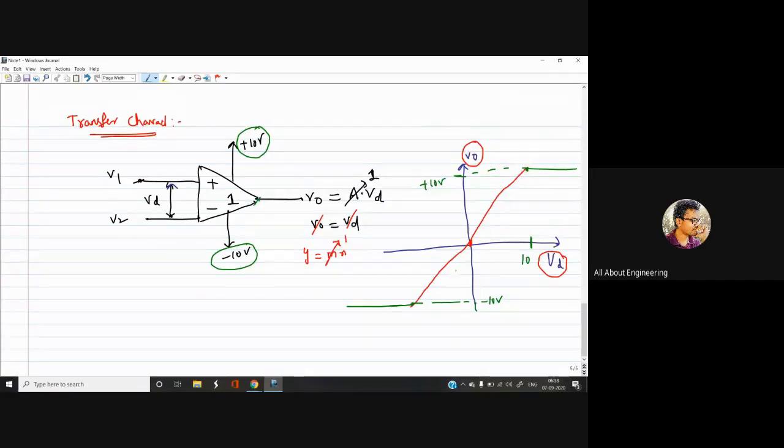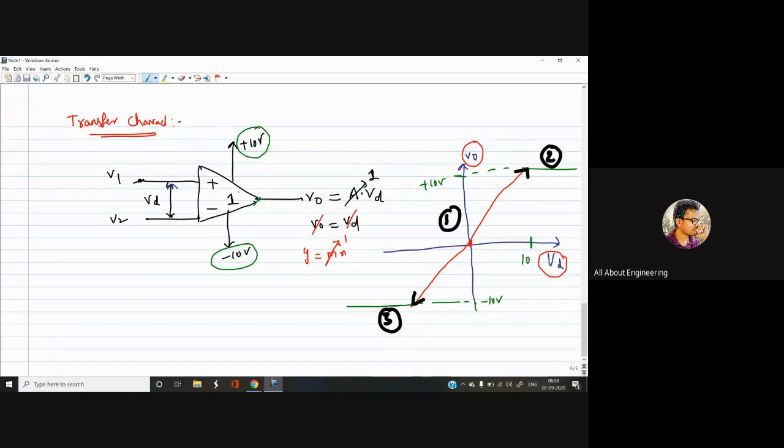Now if you look at this carefully, there are three modes to look at. This is one region of operation, this is a second, and this is a third. We are going to look at these soon, but for the time being, you don't need to focus on them. You just try to see that there are three different regions. This is one region and this is the saturation region we are going to see.